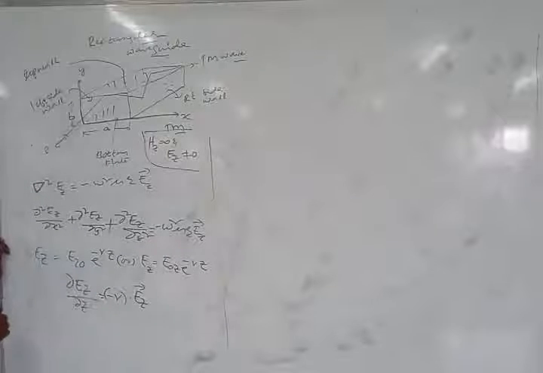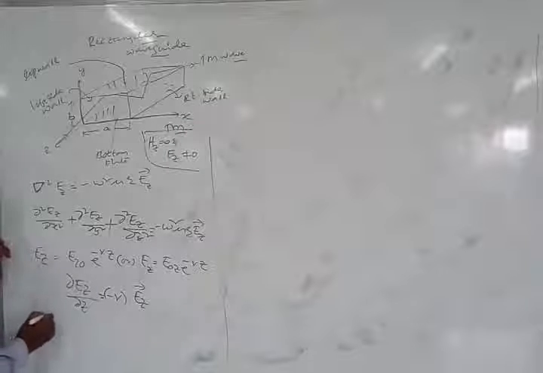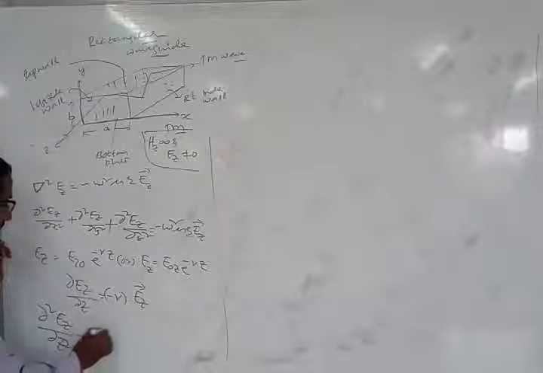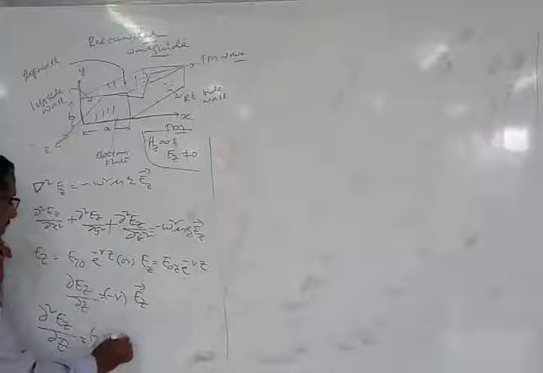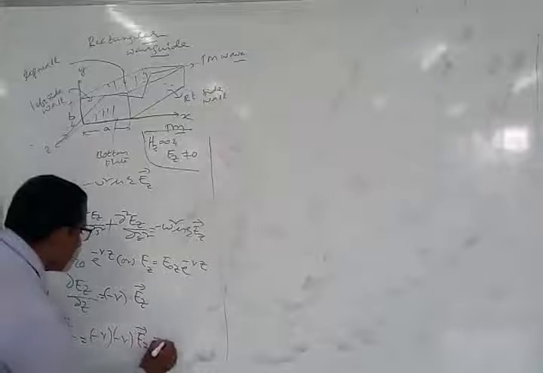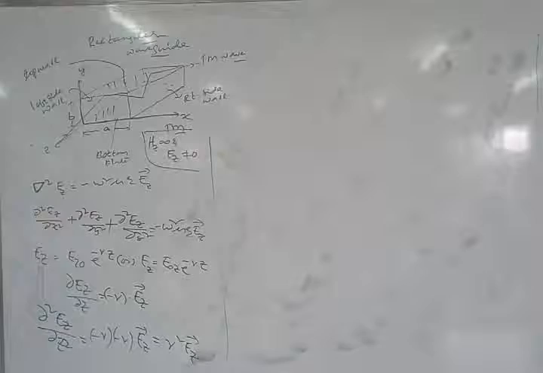Okay. So next, let us double differentiate the same equation. If we double differentiate the same equation, what can I get now? Dou square Ez by dou z square is equal to minus gamma into the same equation, once again getting repeated, minus gamma into Ez. So finally I will have this equation as gamma square into Ez. So that is the equation I will be getting.